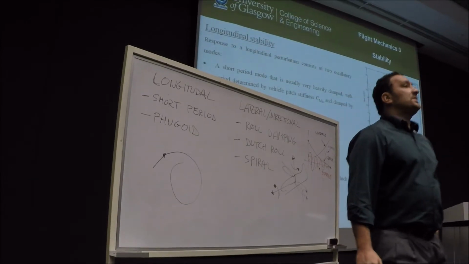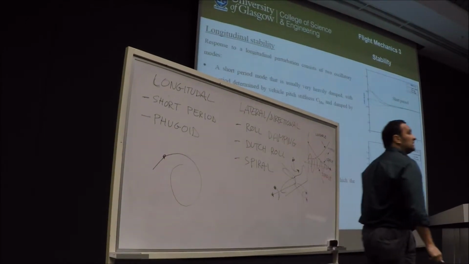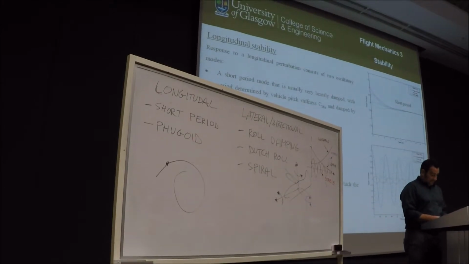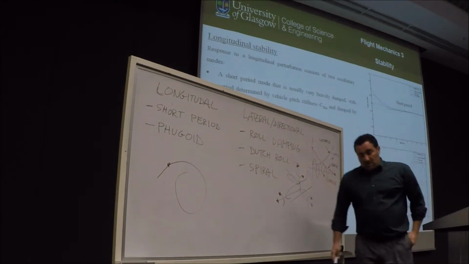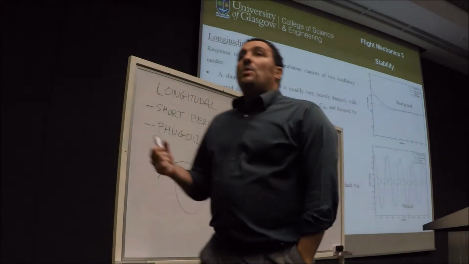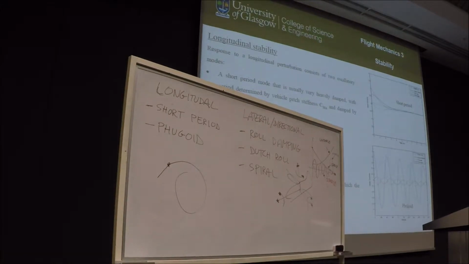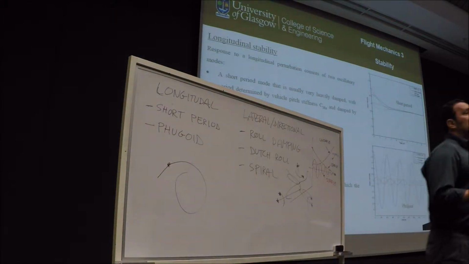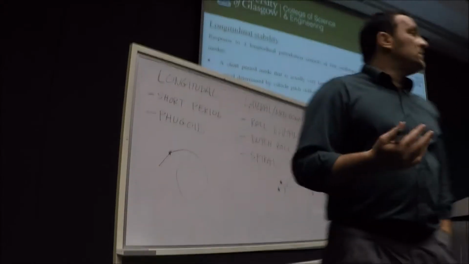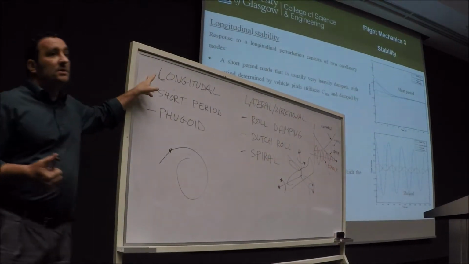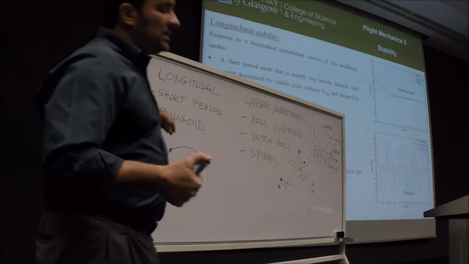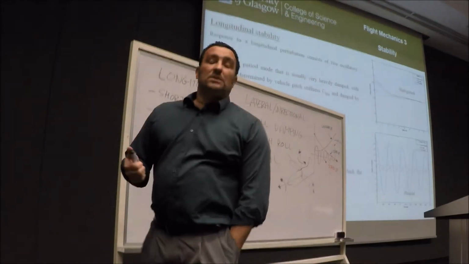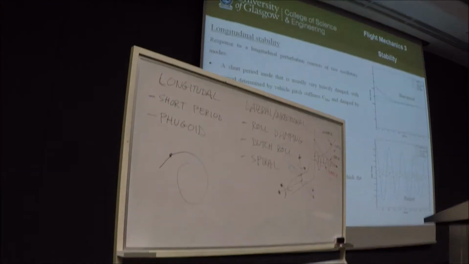Any questions? Okay, so to summarize, when looking at the stability characteristics of an aircraft, we can identify 5 modes of stability. 2 modes in the longitudinal direction, short period and phugoid, and 3 modes in the lateral directional directions. Roll damping,